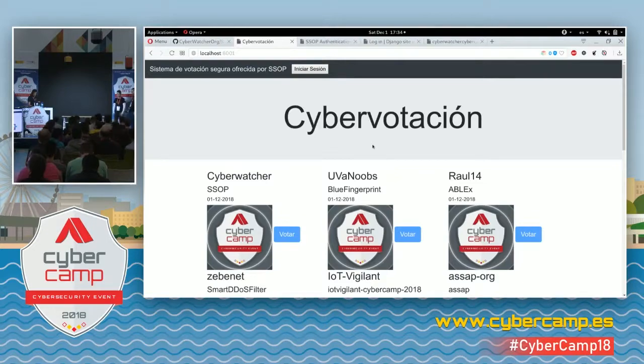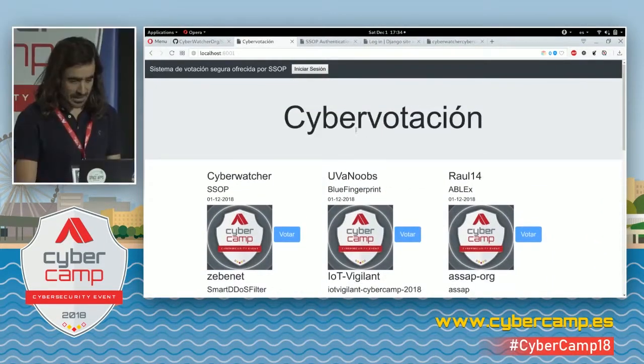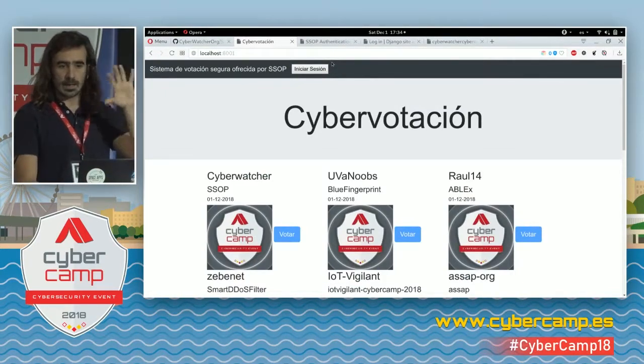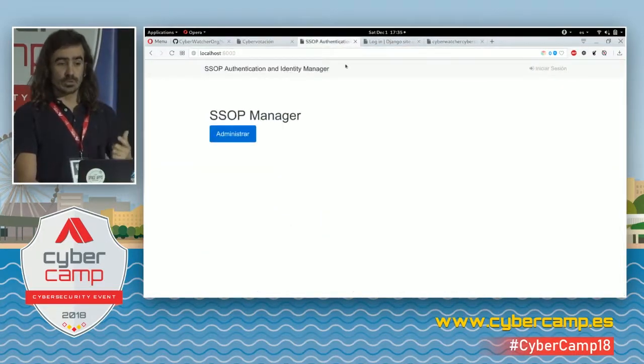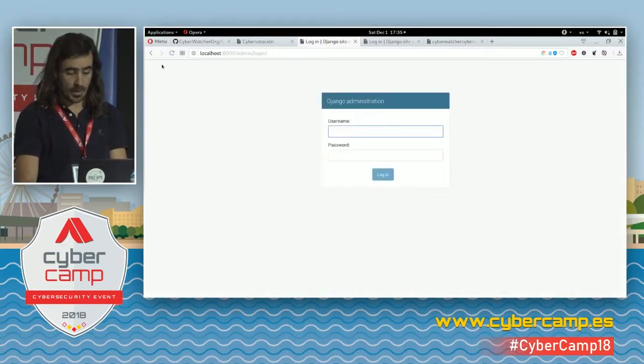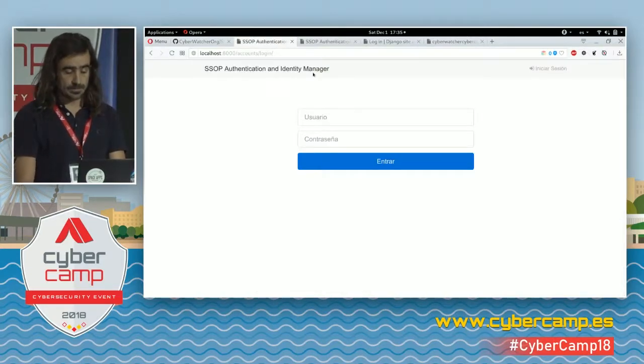So this is our standard Bootstrap template. Here we have the teams to be voted. And this is the site on 8001, just as an example website. This is the admin button to access Django itself. So when starting your session,